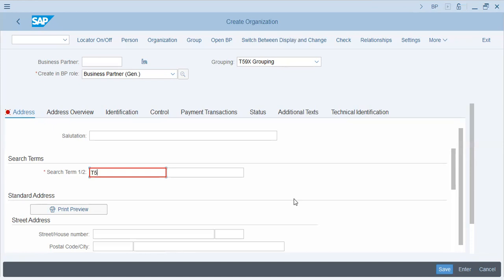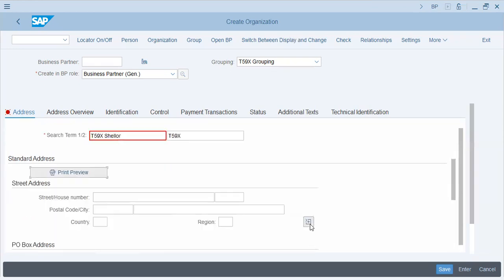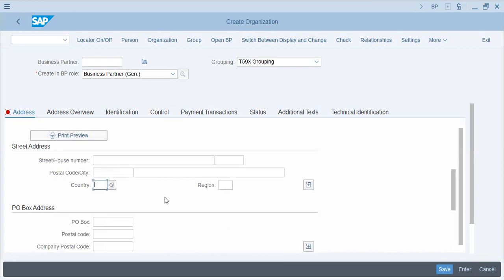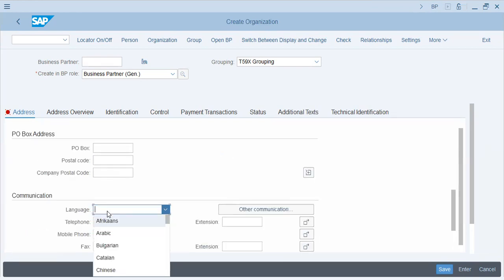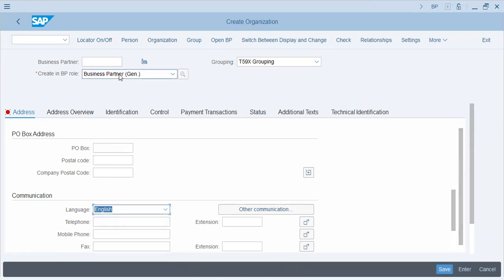Okay. So what we'll do, we'll give the coding T59X. Okay. Country AE, and the other thing is language, English. Okay. And right now it's just